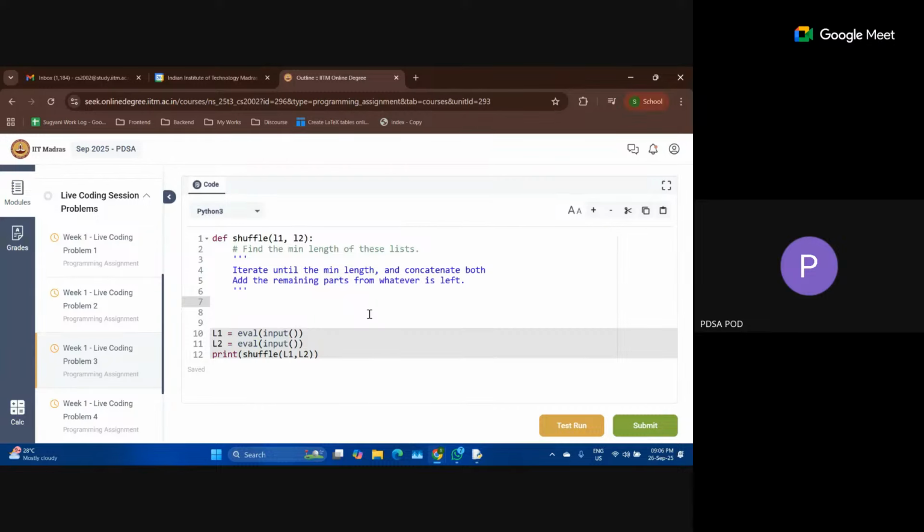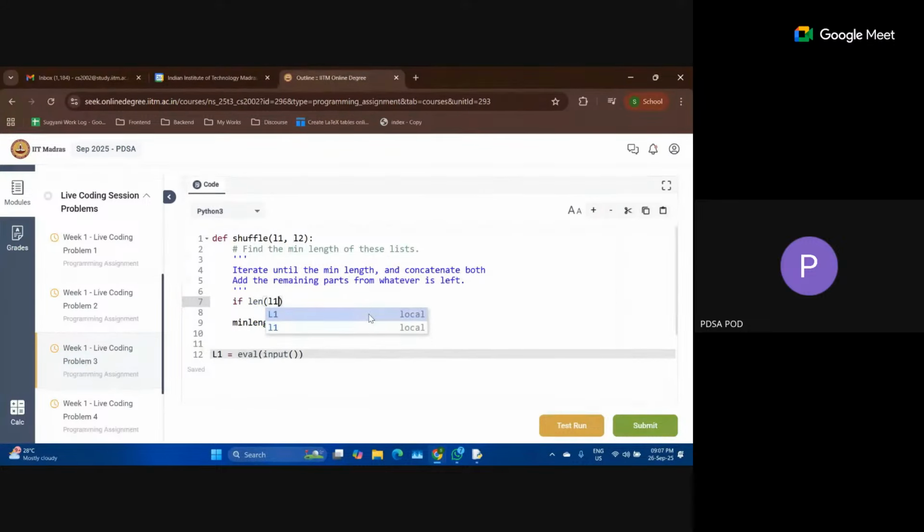Okay, I hope so. So the first thing that we have to do is find the minimum length of the lists. So how do we find the minimum length? We can do the usual method, which is basically min of length of L1, comma, length of L2.